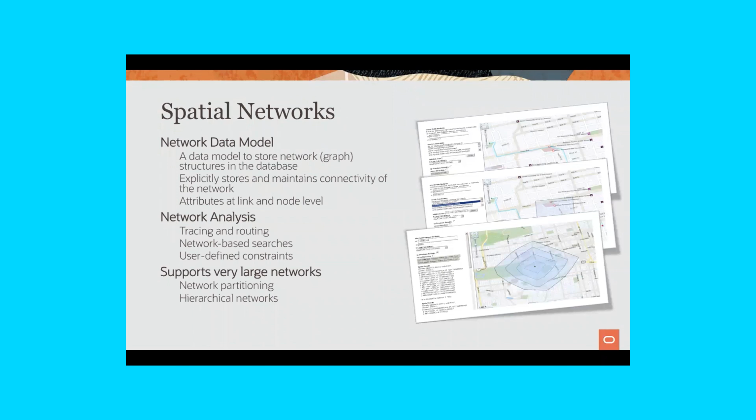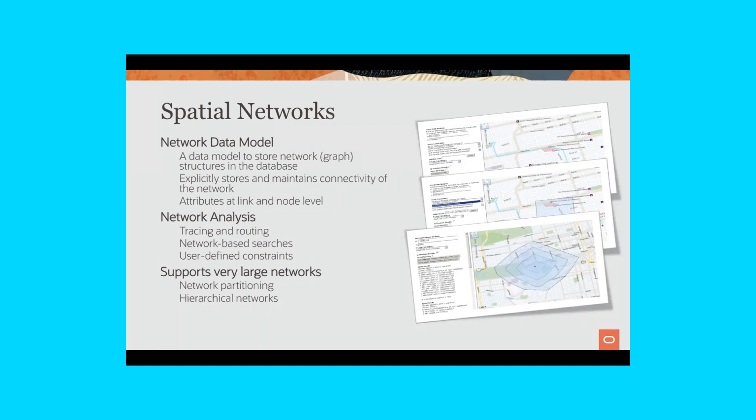And then the other specialized data type we provide is spatial networks, which is also called the network data model in our features. The network data model is basically a data model to store road networks. These are stored as graphs, as a node and edge model, but these are typically used for storing road networks or utility networks and things like that, that have spatial context. The network has the spatial context.